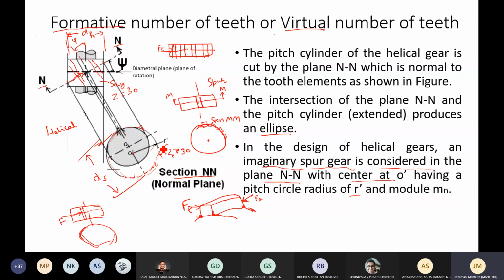Okay, from the virtual number of teeth point of view, equation Fa should be 0. But from the final end application point of view, your Fa will be taken care of by the bearings itself. Okay, and since the imaginary circle diameter is more than what is actually of the helical gear, you can definitely expect that the virtual number of teeth will be greater than the actual number of teeth, as we have seen in the first problem itself.